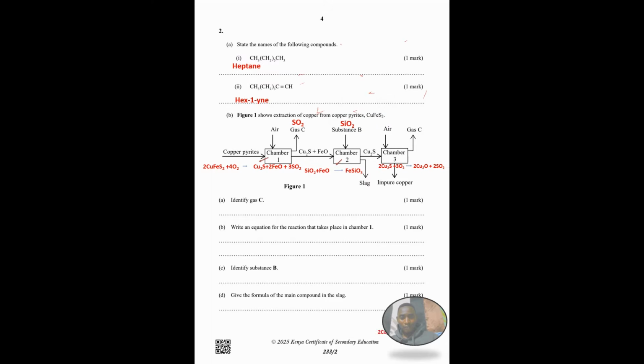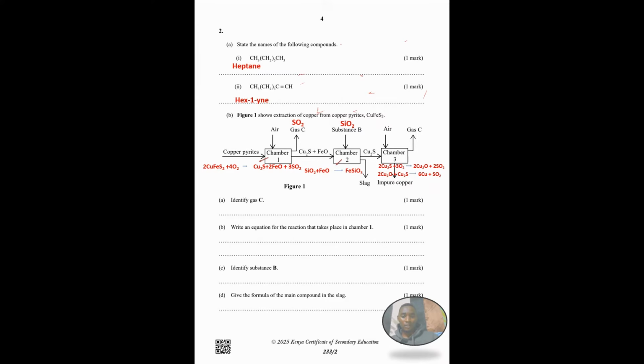And then the copper 1 oxide formed reacts with the remaining part of the copper 1 sulfide to form liquid or molten copper, and we are able to release again gas C, which is sulfur 4 oxide